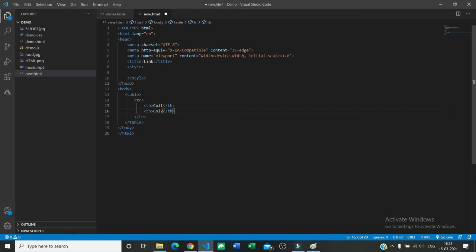Now again I am going to put some content here, so here I am going to create another row, say tr and td, hello, and here in td, everyone.